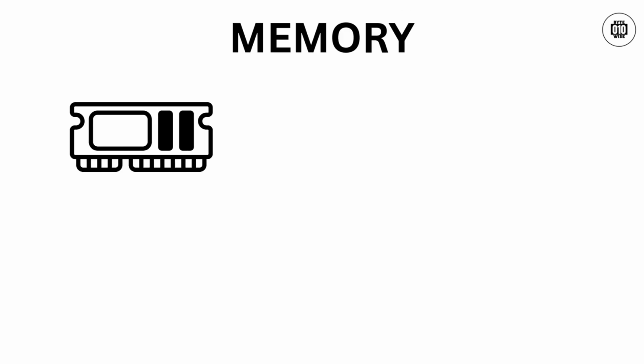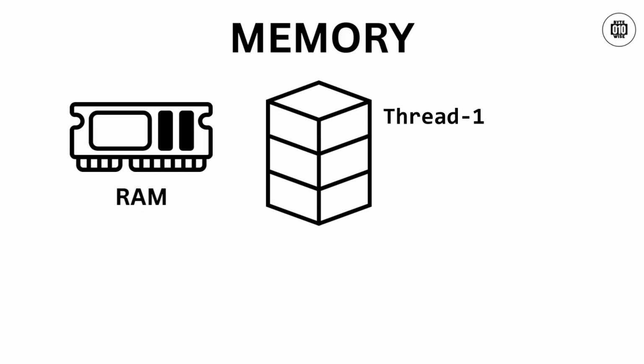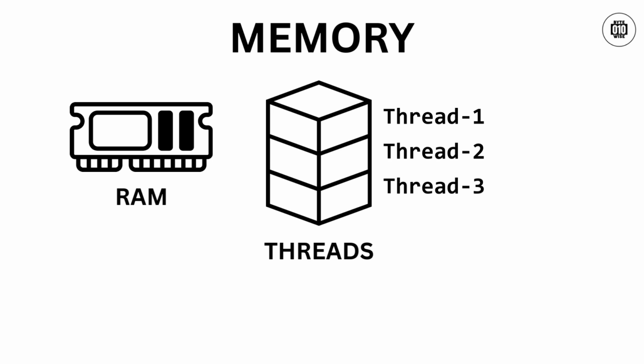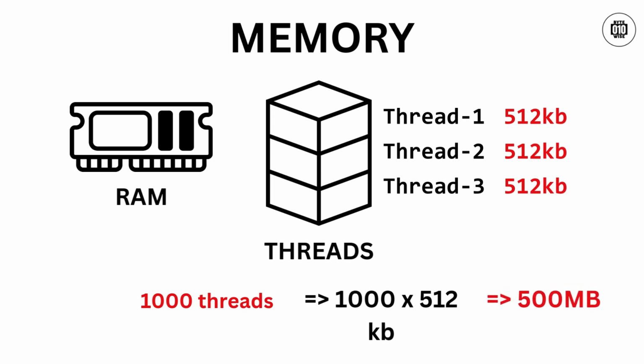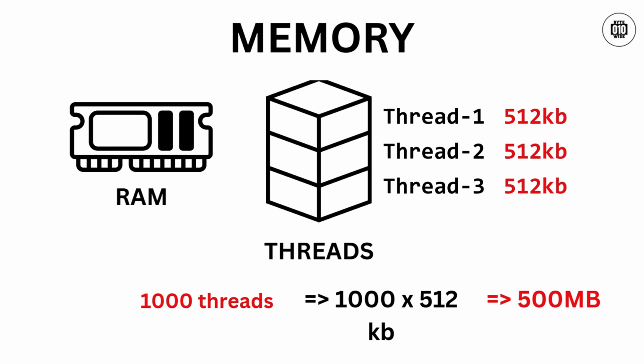First, let's talk about memory. Every thread in Java requires memory for its stack. By default, this is around 512 kilobytes per thread, though it can vary depending on your JVM settings. Now imagine you create 1000 threads, just for the stacks alone. You're consuming over 500 megabytes of memory. Add to that the heap memory used by the thread objects themselves, and you can see how threads quickly become